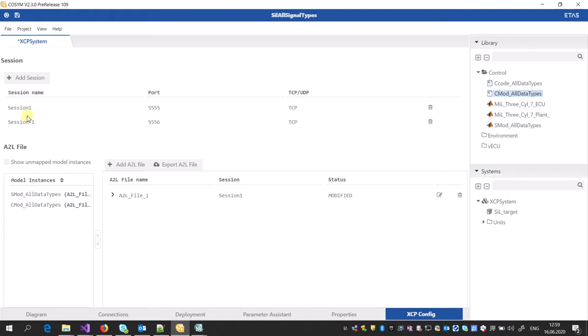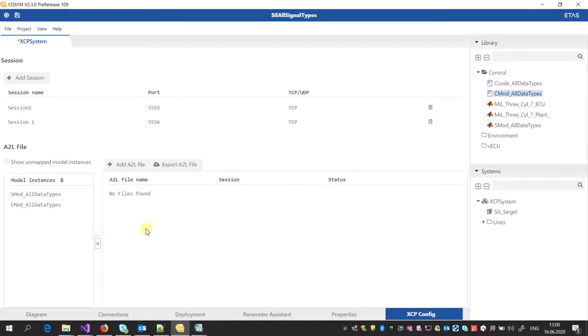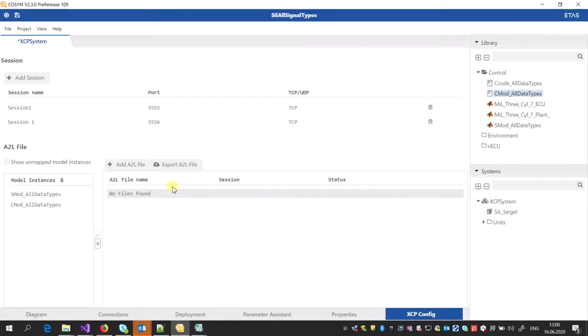For example, if you want to have different A2L files for your different models. So I'm going to explain a little bit: what is the A2L file? An A2L file contains all of the data that you want to calibrate and read from your XCP master tool, from your INCA tool. For example, you can define different A2L files containing different models with different sessions, and then load an A2L file just for that specific model, or you can have an A2L file with all models and load just one A2L file inside your INCA, and work on that.